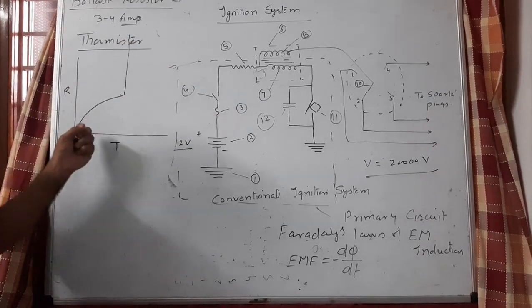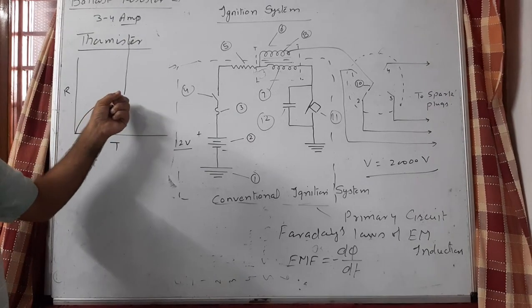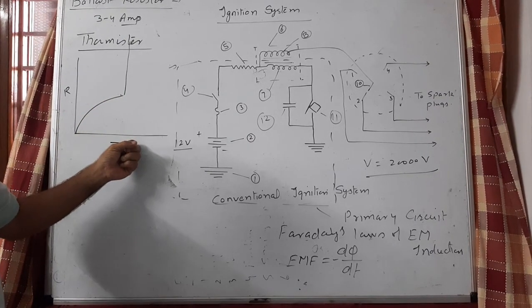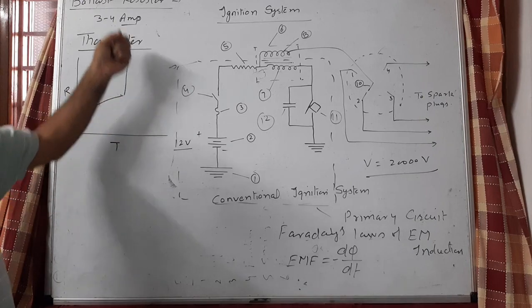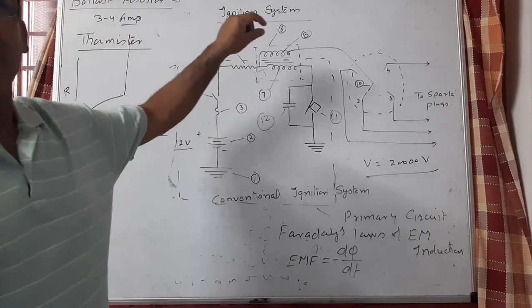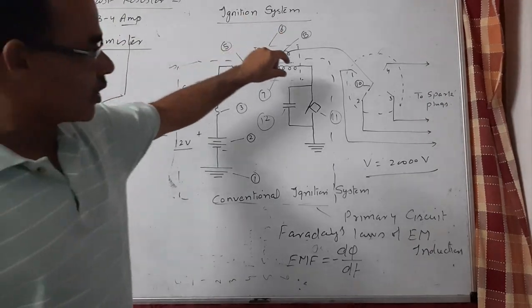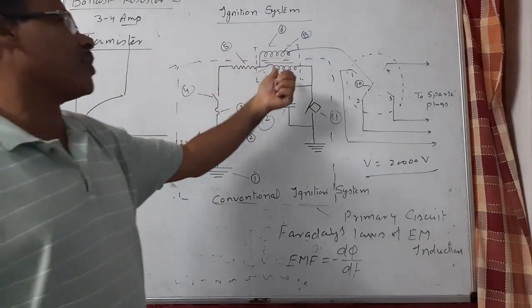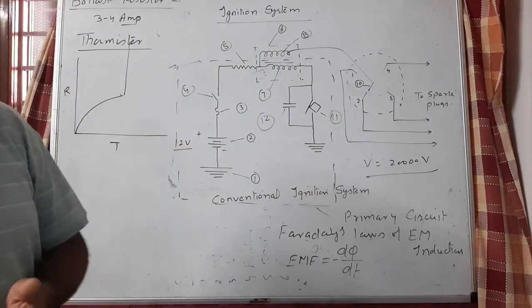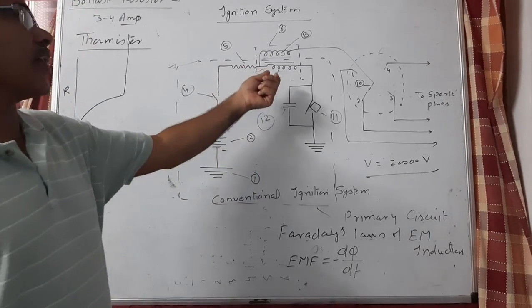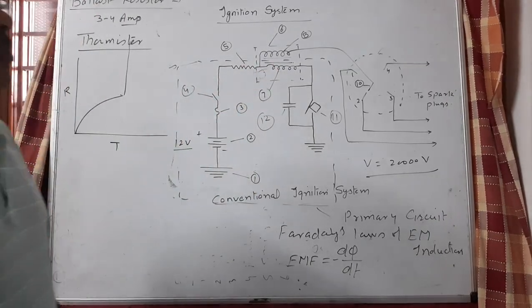Up to a certain temperature the resistance increases this way, but after a particular critical temperature the resistance shoots up very high, so that current is limited, and for that time particularly the cooling of the coil can be performed. In fact, the coil is filled with oil, so cooling takes place